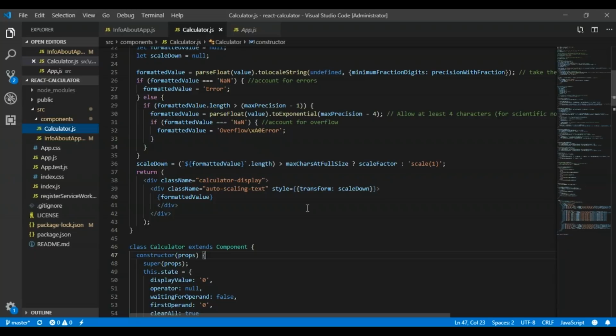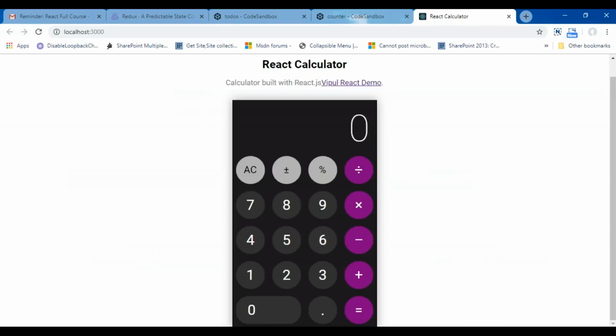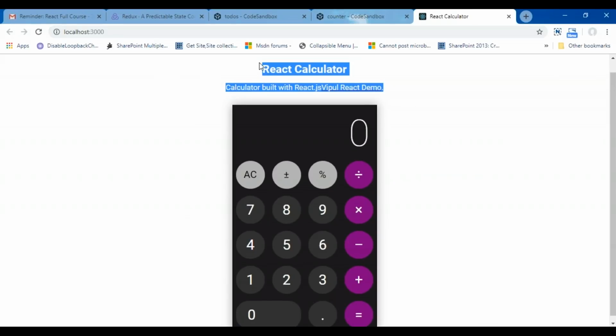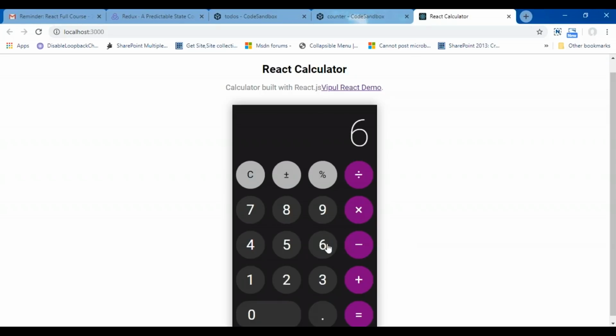This is the basic fundamental of any React.js application, and the same has been applied here: the upper one was static text or maybe some other functionality, so it is divided into one component, and the other functionality, the calculator functionality, has been implemented using another component, which is Calculator.js. Now if I do some basic operations in this calculator, you can see that it is giving me the correct output. So these are basically some of the onClick events.